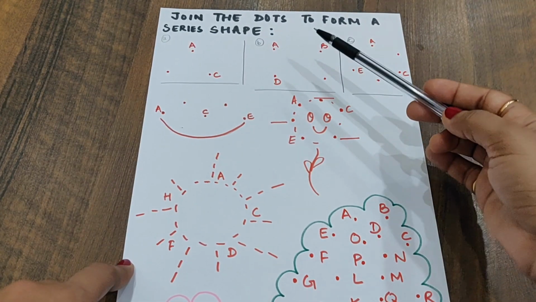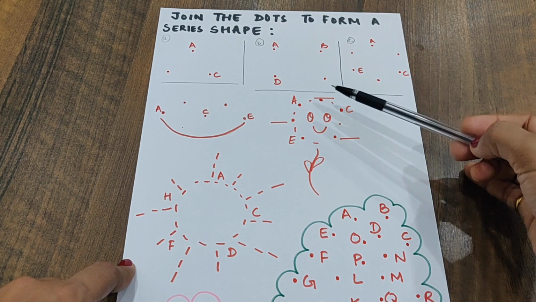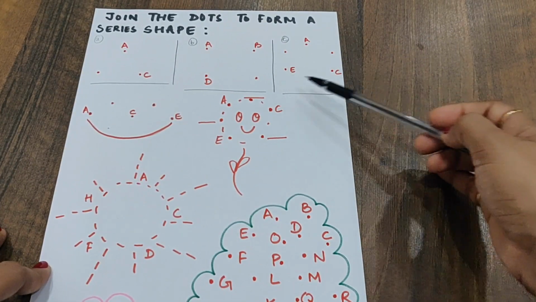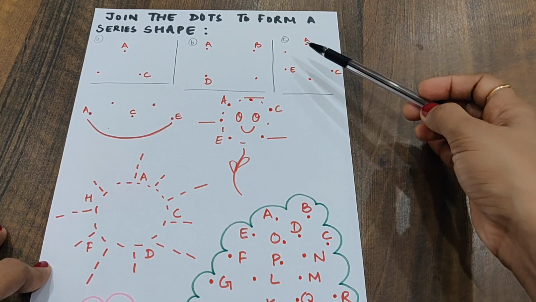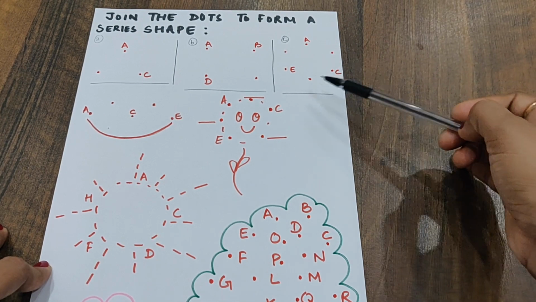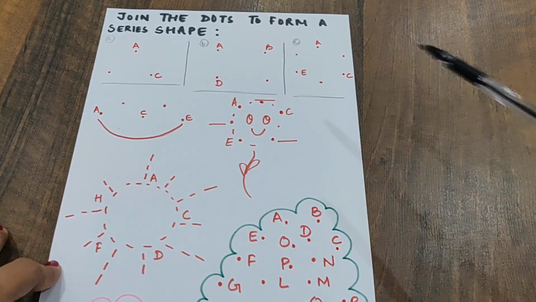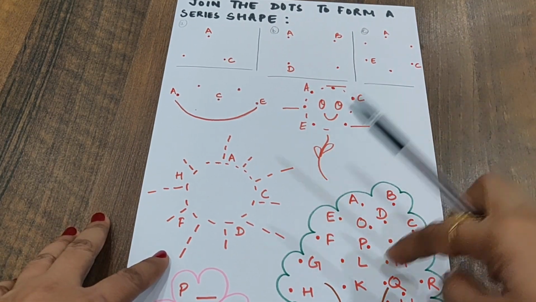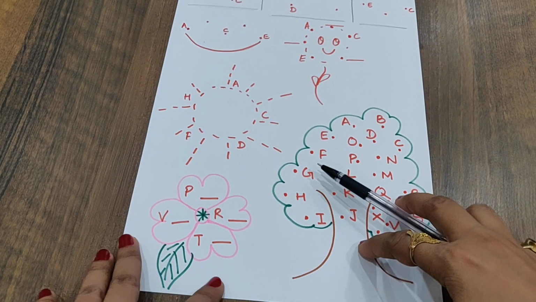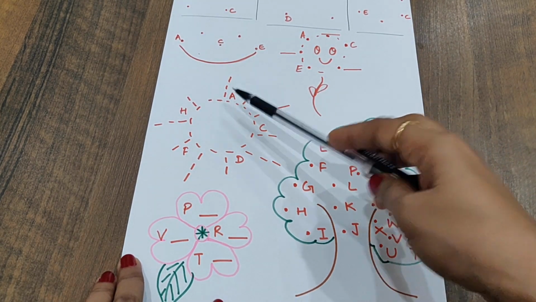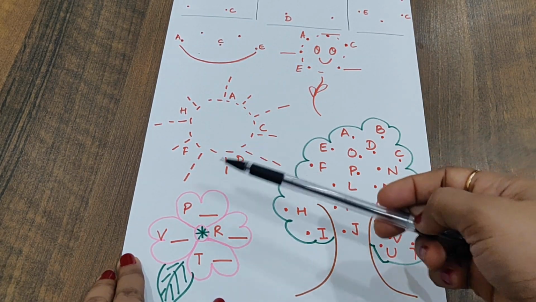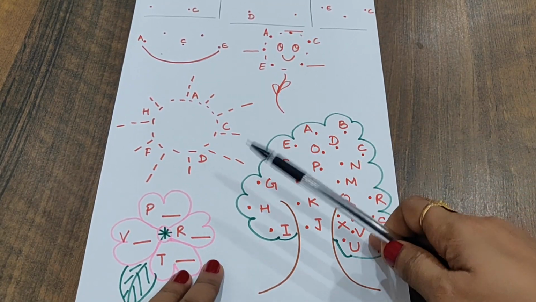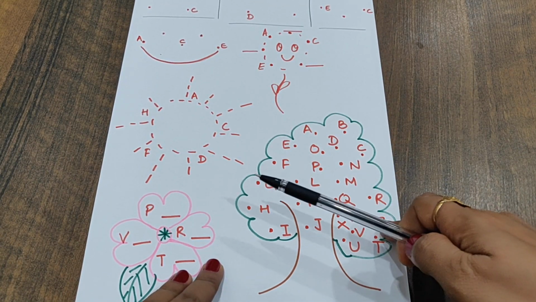Similarly, the next one is for a square. You can see A, B, C has to be written over here and then D. And here it's a circle, so accordingly the child has to figure out A, B, C, D, E, F. Whichever shapes come to your mind, you can very easily point it out in a similar way. Here I have used a kite, balloon, sun, flower and a tree. Now specifically I would like to tell you about this tree. In this tree nothing has to be figured out.